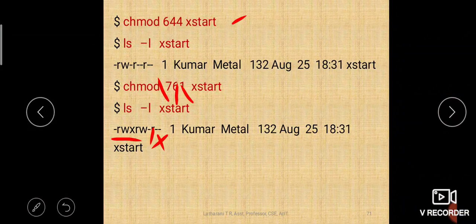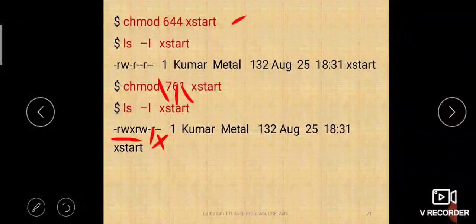So that is how you give the absolute permission. You don't bother about what the current permissions of the file are. Everything you are going to change absolutely. That's why it is absolute mode of changing the permissions.